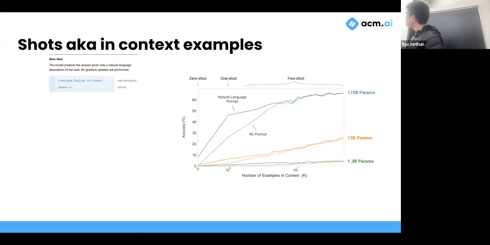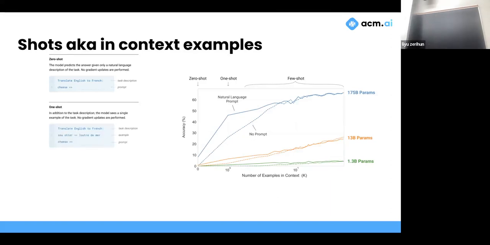what we realized is that, well, I've been saying shots or examples, right? What's called zero shot is when you give no example. You say, hey, translate into French this word, cheese, and then go, right? And it's not that good at that. Like I just showed you, if you say explain this, it's going to explain, giving the answer. But if you give it, for example, what's called one shot, one example, you say translate English to French, the other is this, the cheese, what would it be, right? Instead of just giving cheese, if you give it just one example, its improvement goes from 10% to almost 50% accuracy on any prompt that people evaluate, right?